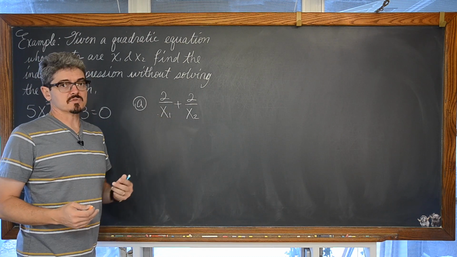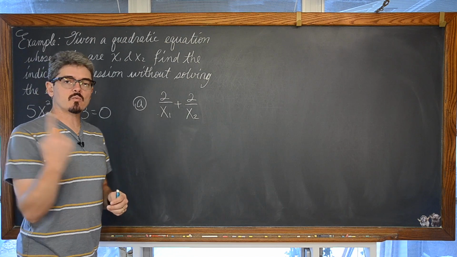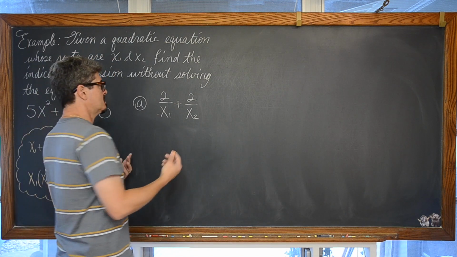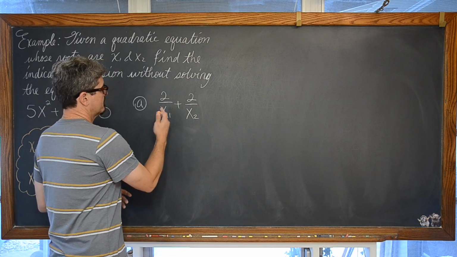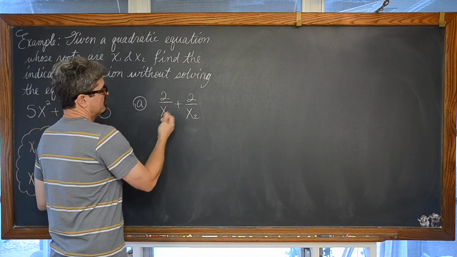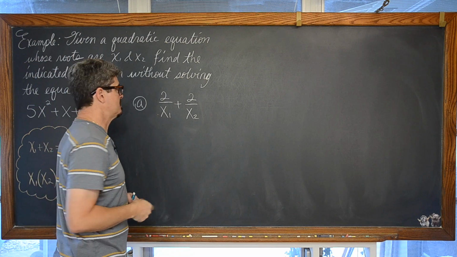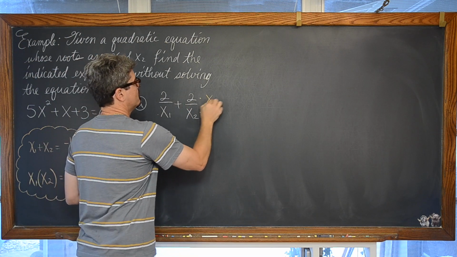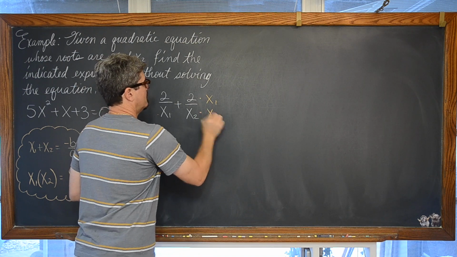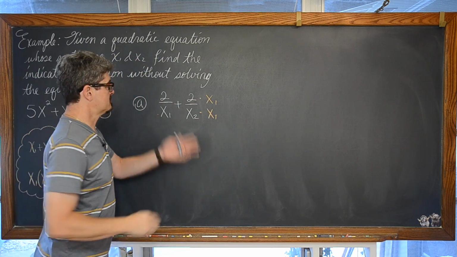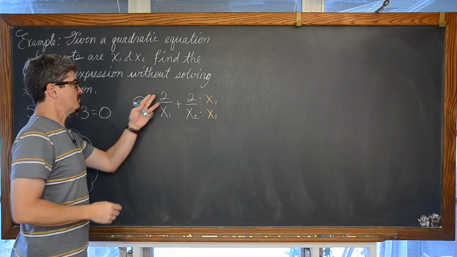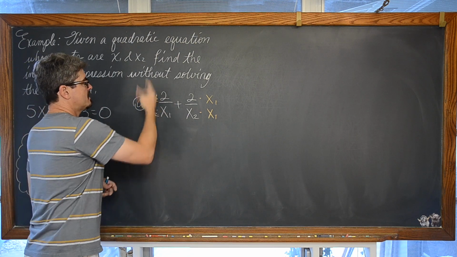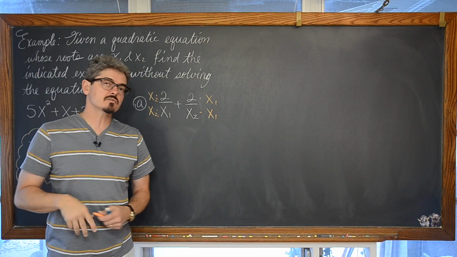Like we have two terms. Maybe we could add these two terms and make one fraction. That requires multiplication through the process of finding common denominators. Maybe that'll help. So we have a factor of x sub 1, a factor of x sub 2. We're assuming these have no common factors because, of course, how would we know? We're going to multiply the numerator and denominator by x sub 1 here because anything divided by itself is 1. So we're just going to change the way it looks. We're going to multiply the numerator and denominator by x sub 2 over here. Again, because anything divided by itself is 1, we're just going to change the way it looks.